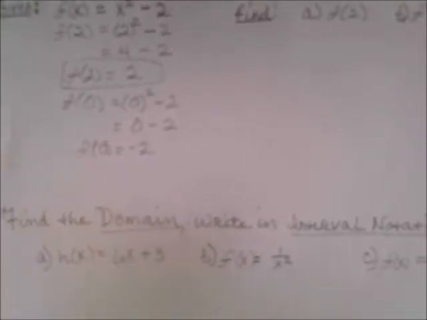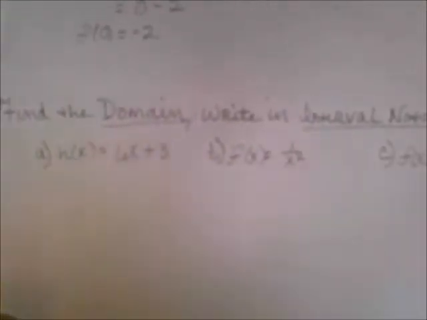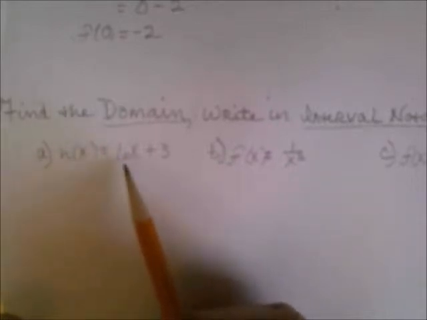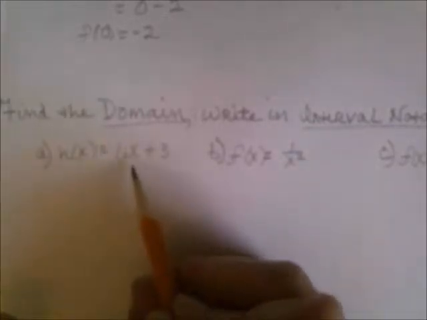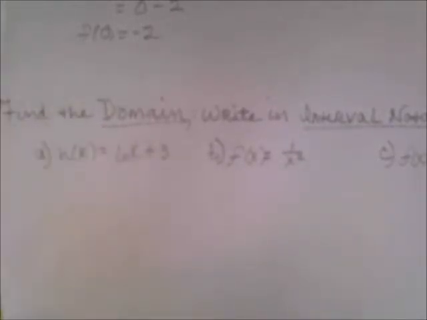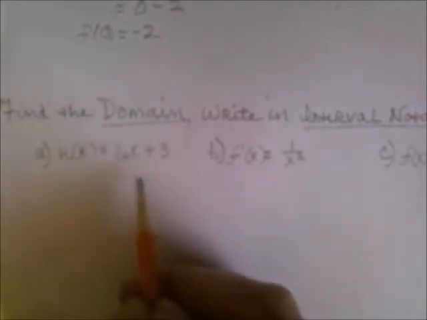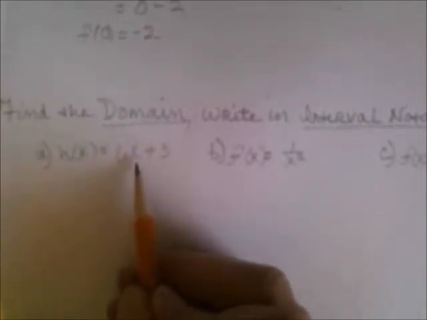Okay, now we'll look at this next thing that says find the domain and write it in interval notation. Well, this is also very easy to do. If we look at this first one, A, h of x is equal to 6x plus 3. Well, that's y is equal to 6x plus 3. Essentially, that's just a linear equation. And so we know with a regular old linear equation, with the exception of x equals something, all the other linear equations are all functions,